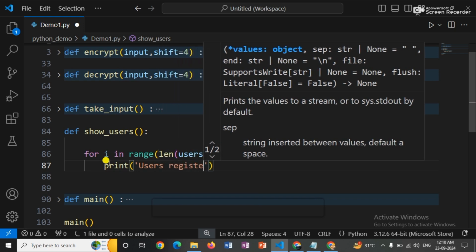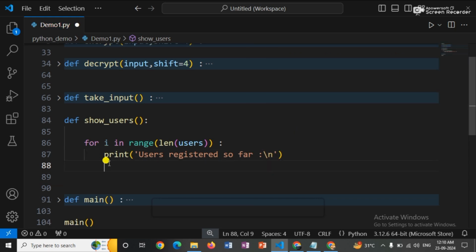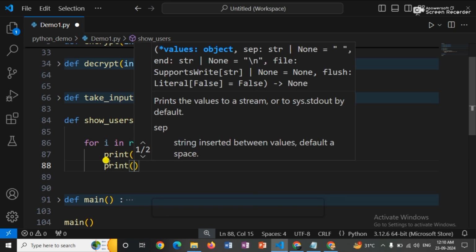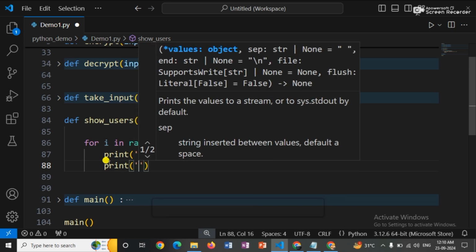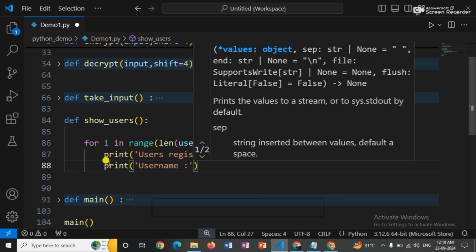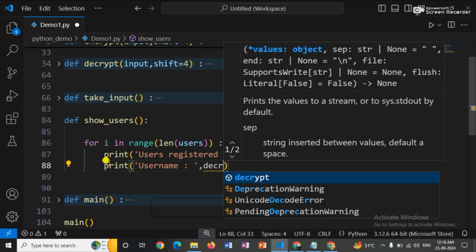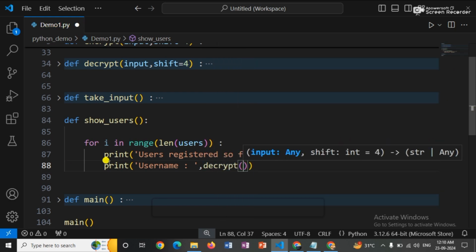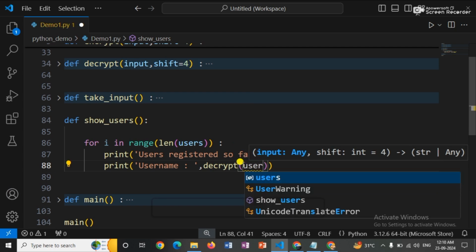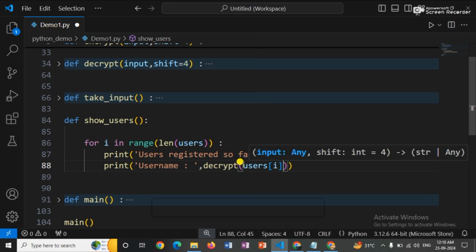users. This is a fancy print statement, does nothing. And here we will print the username, and we will decrypt. We will decrypt, and what will we pass? We will pass the username of the first user, so the user details that are stored in the first index of users,